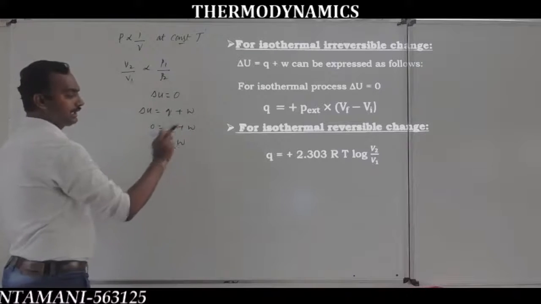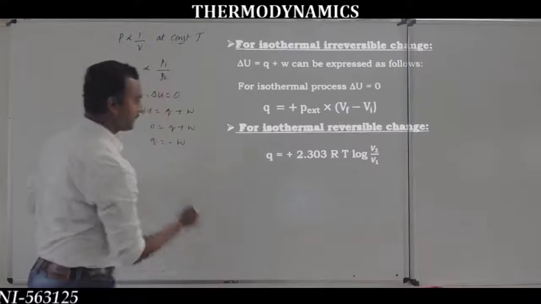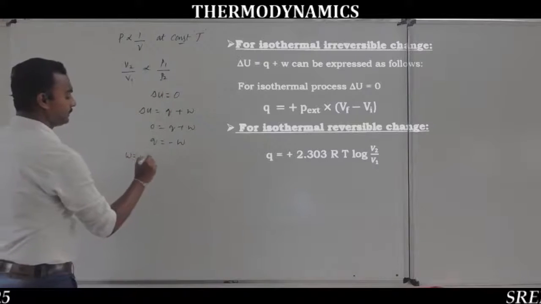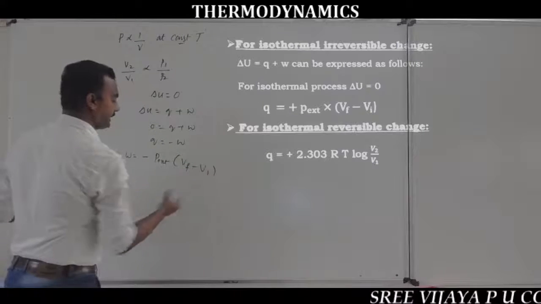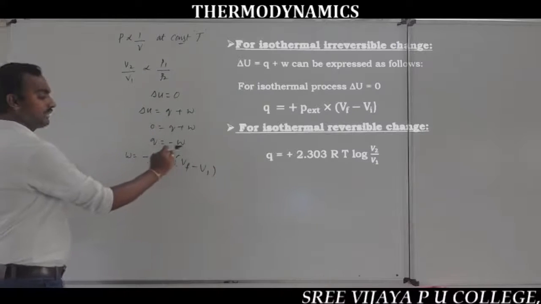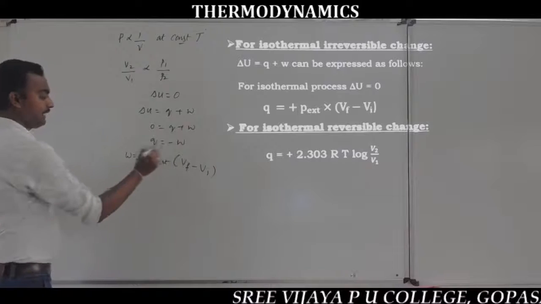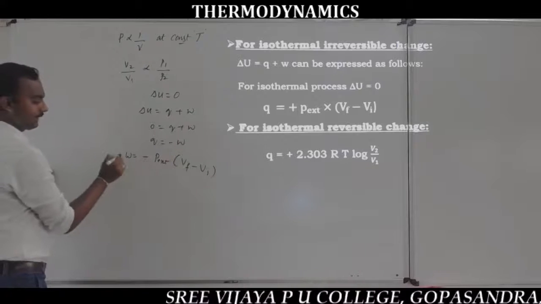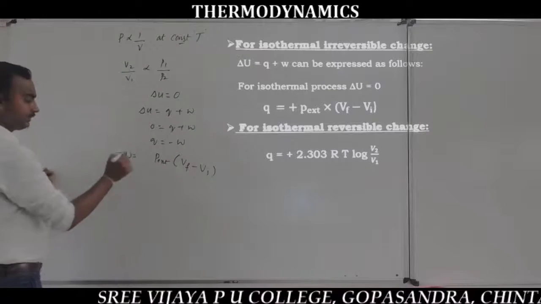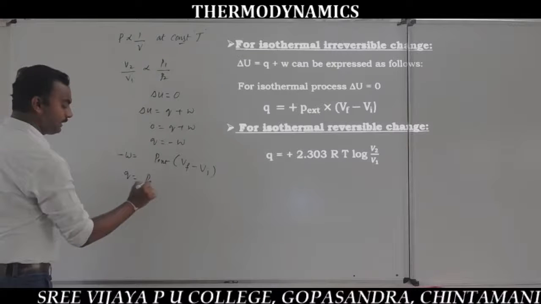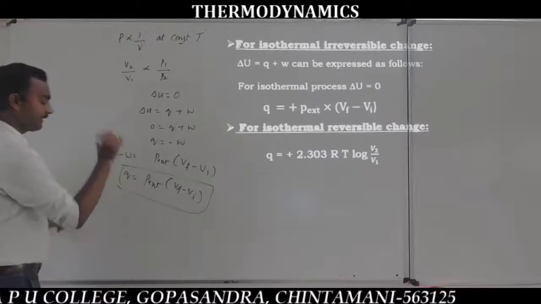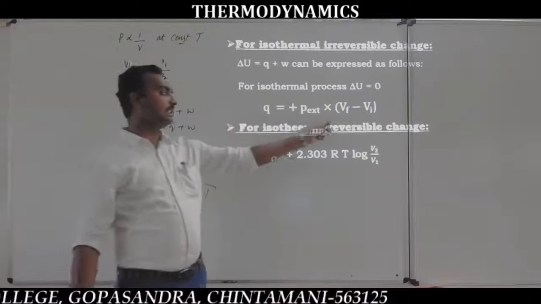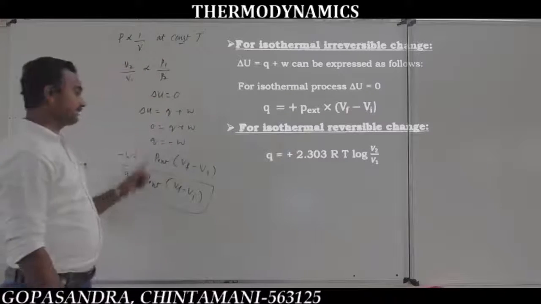So the expression is W is equal to minus P external into Vf minus Vi. So Q is equal to minus W, and substituting, minus minus becomes plus. So again Q is equal to P external into Vf minus Vi. This is the equation, that is Q is equal to external pressure into Vf minus Vi. So that is a process